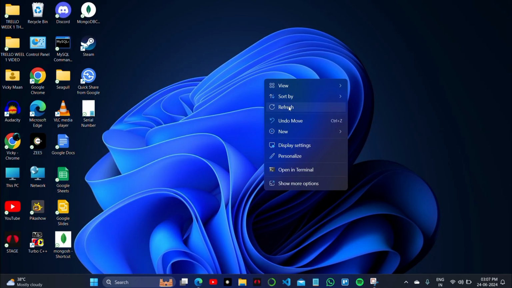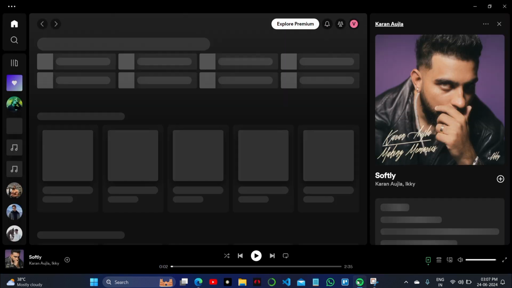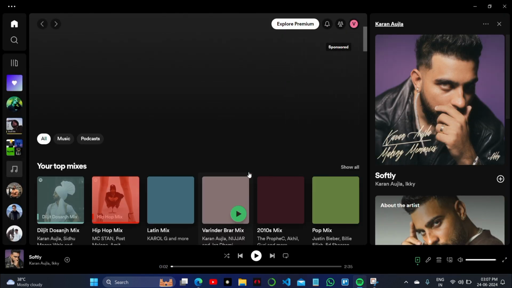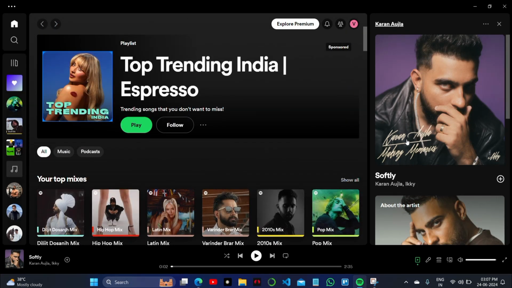How to add family members on your Spotify premium account right now in front of you, just from your PC or on your laptop. I'm using a laptop for this. This is my Spotify account right now on my screen, but if I have to check that I have premium or